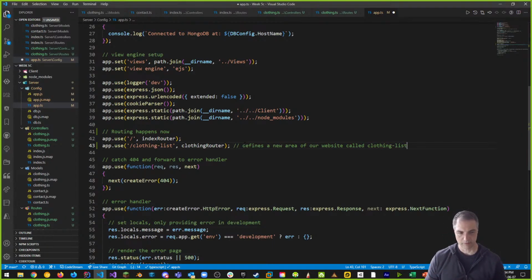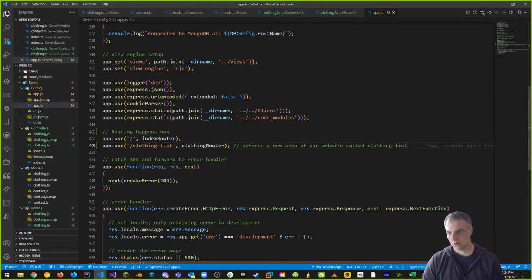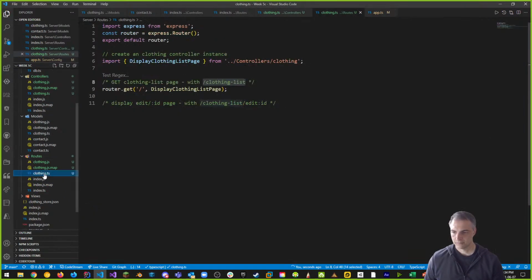So the top level area for clothing list, that's the default route. When we put in clothing list, what actually happens is it goes to the clothing route. The clothing route looks at the default route, which is going to display the clothing list page,